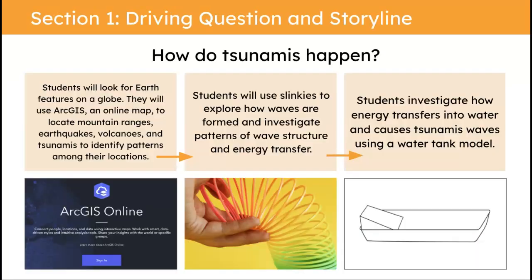The driving question for Section 1 is how do tsunamis happen? Students connect to the anchoring problem by participating in a read-aloud about a tsunami that comes to a village. Students will look for Earth features on a globe. They will use ArcGIS, an online map, to locate mountain ranges, earthquakes, volcanoes, and tsunamis to identify patterns among their